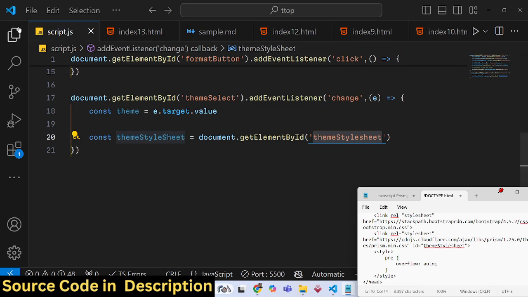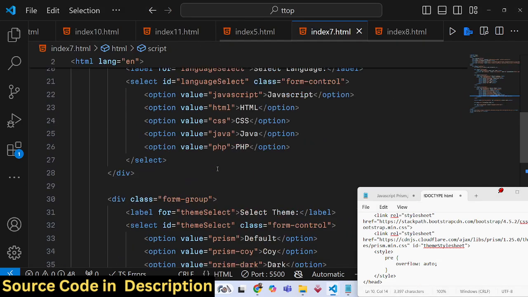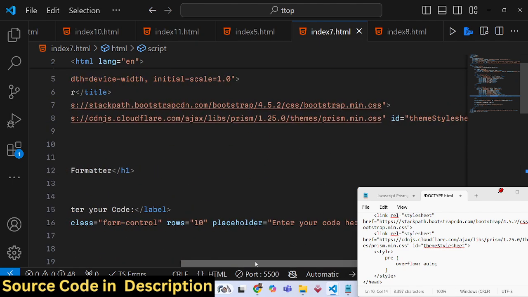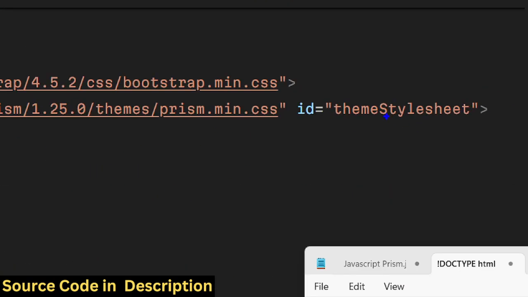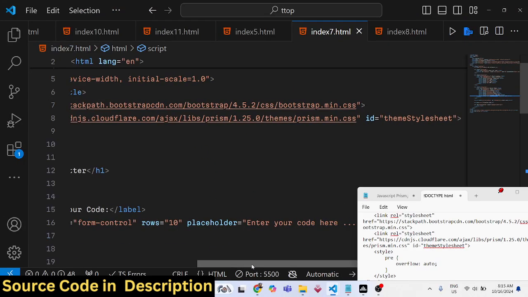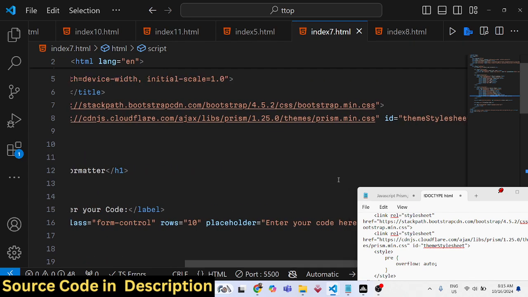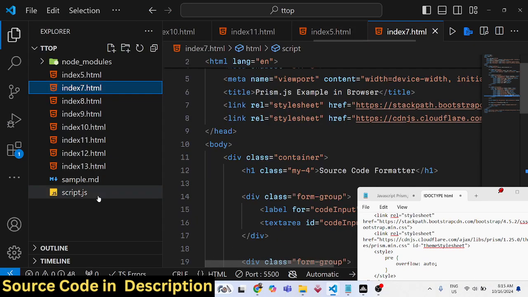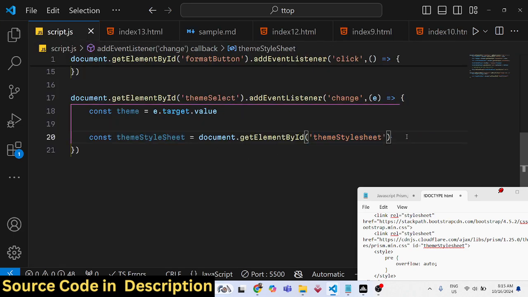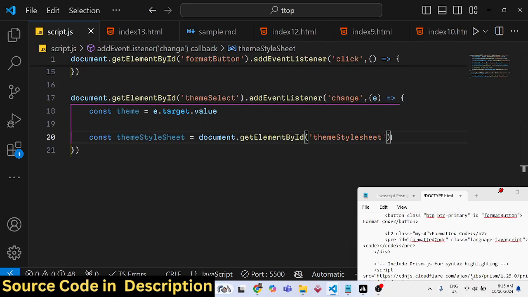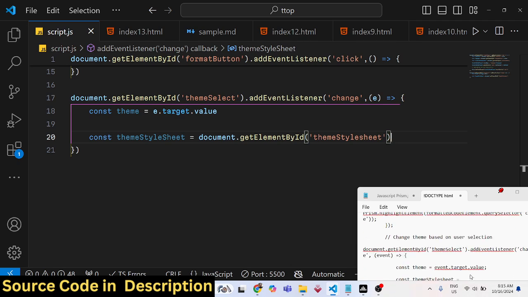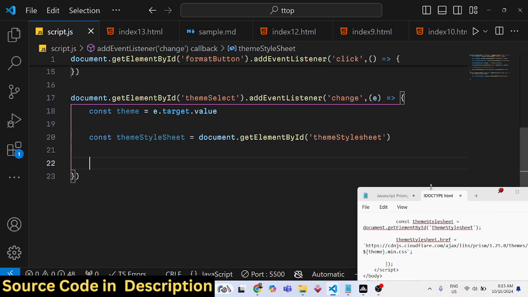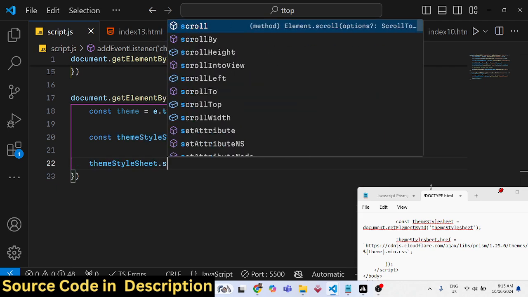Okay, for this theme style sheet, if you see, whenever we paste it here, you can see we have given this ID here, theme style sheet. So whenever we pasted the CDN of the CSS part of that Prism.js library, we pasted the CSS, and we have given this element an ID here, theme style sheet. So we are just targeting this in the JavaScript. So inside this,